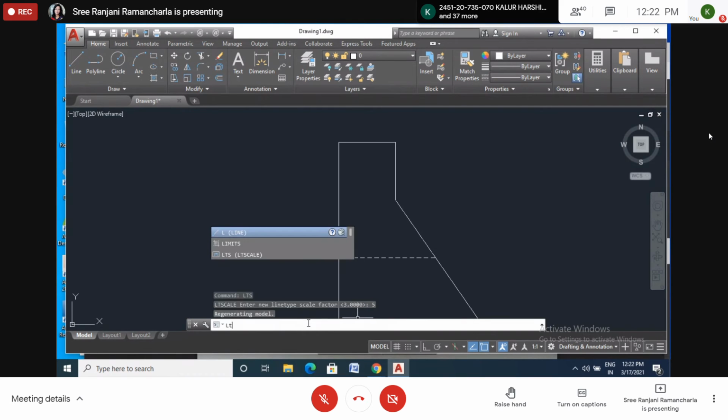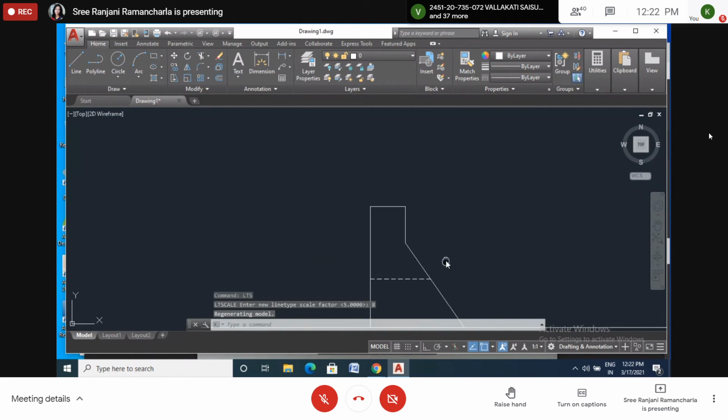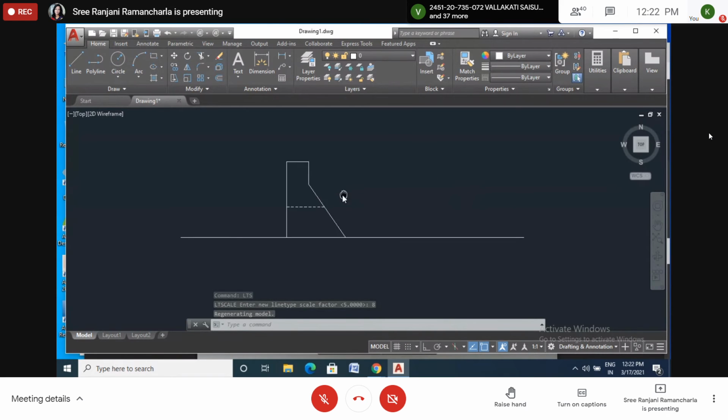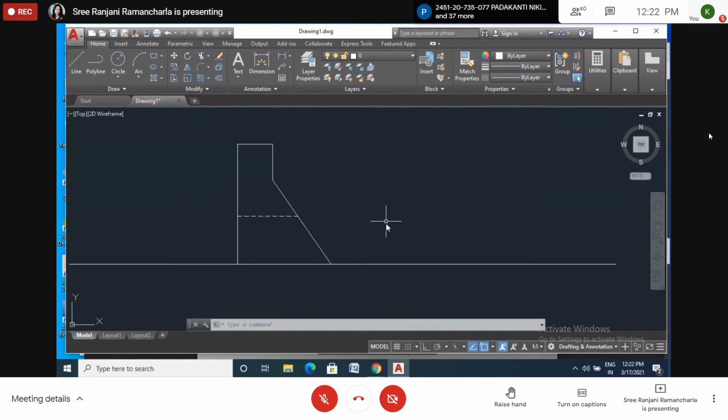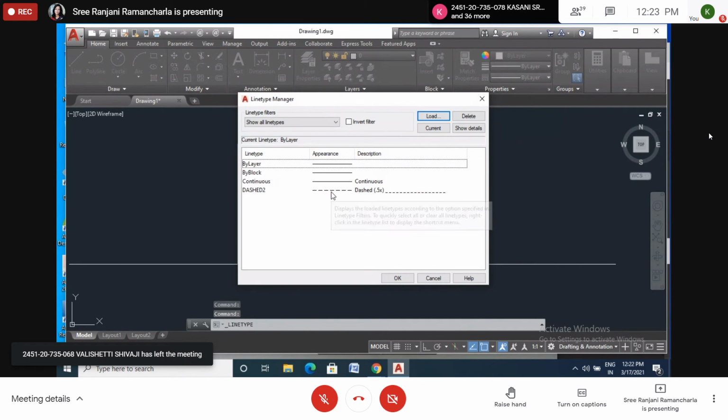LT scale. I will take 8. Enter. Okay, now I'm comfortable. If I take a printout also, it is somewhat better than previous.